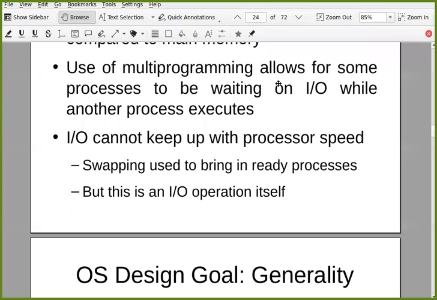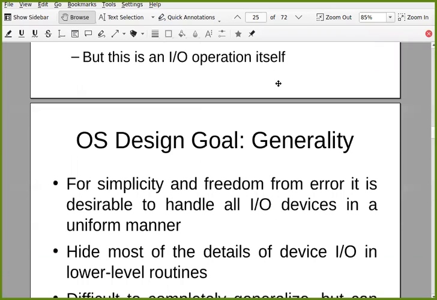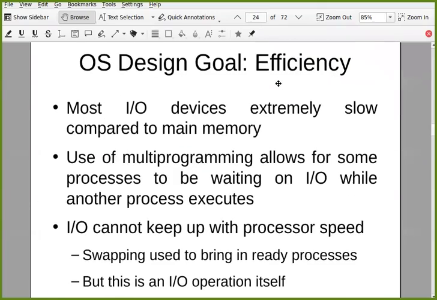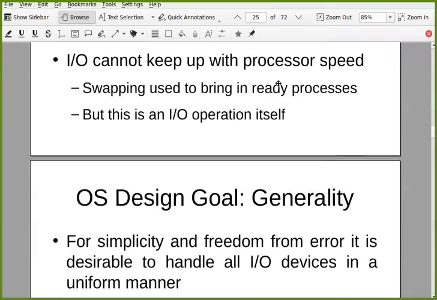Okay, that itself is an IO operation to swap out the process. All your processes are waiting for IO operation. For that, you need to remove one of the processes and put it into the secondary memory. But to do that is itself an IO operation. So that is a problem actually. So how do you get this efficient? How can you do this efficiently? So that is one issue.